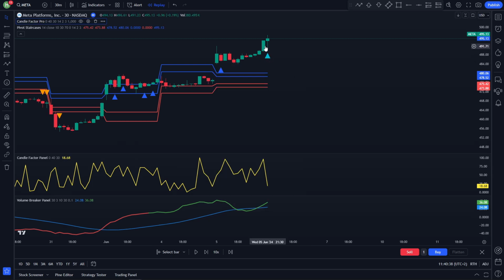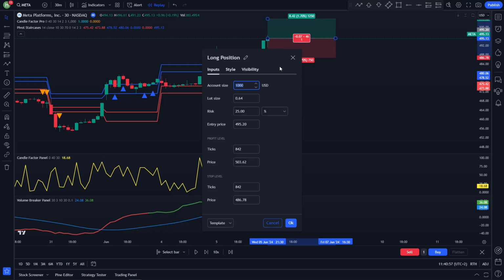Now, once we receive the second confirmation, we need to ensure that we have enough bullish volume for our breakout. To do this, we need to see a green line on the Volume Breaker panel. So once the candle has closed, I will enter my buy trade. For the buy trade, I will place my stop loss a couple of points below the recent swing and aim for double the return. For this example, my stop loss is set at $11.50 and my take profit target is set